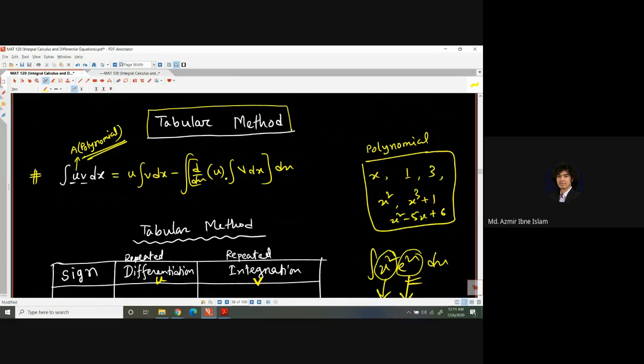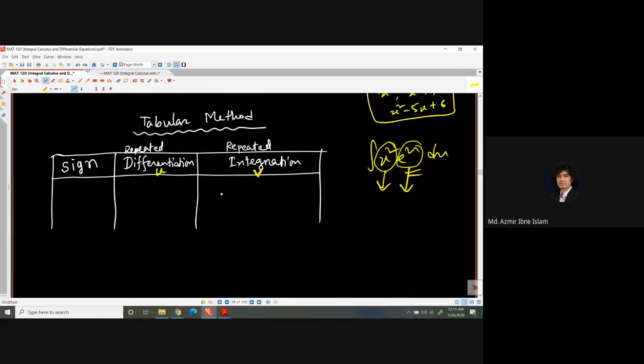So let's get back here. In this part we have to place u, and here we have v. The first row will always start with a positive sign. So in the next row,